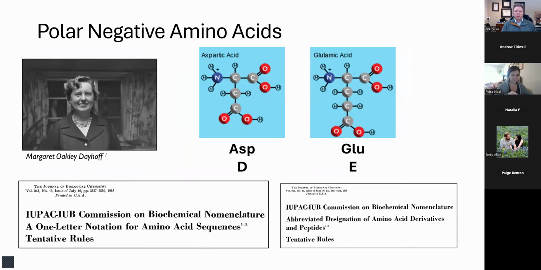Okay. Now, the next amino acids that I'd like to talk about are aspartic acid and glutamic acid. ASP for aspartic acid, GLU for glutamic acid, and then the single letter codes D and E respectively. Okay, I like to bring these two up in part because